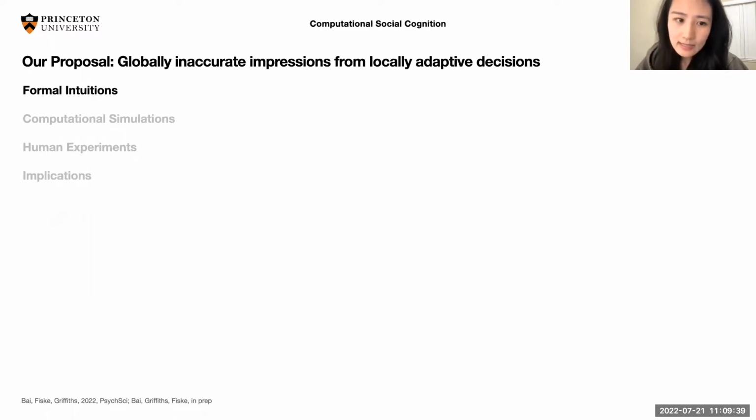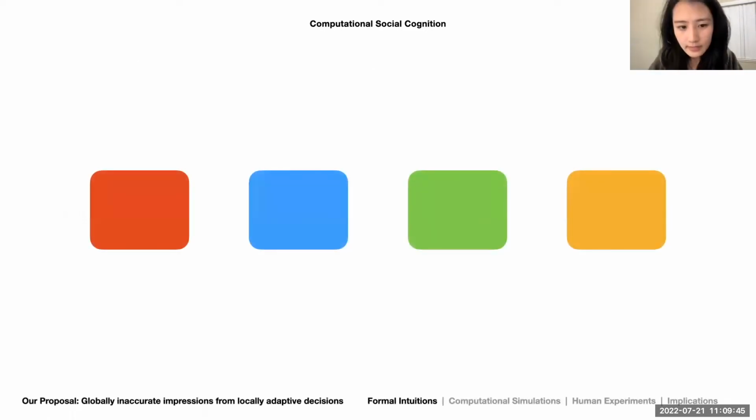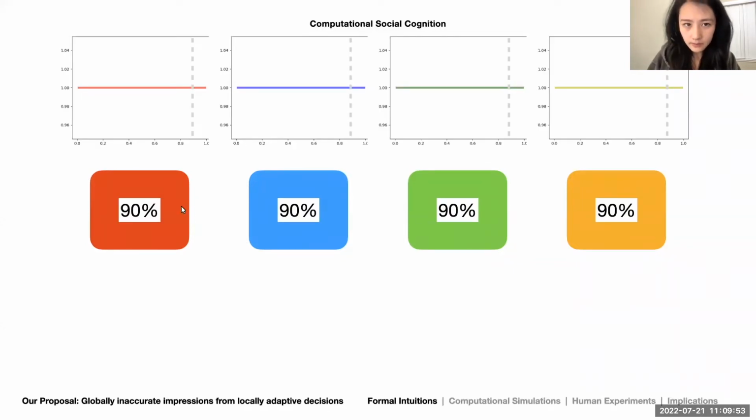All right, now let's look at this intuition game, this key psychological idea. Imagine this is an everyday interaction. There are 4 groups of people, indicated by different colors. The numbers here represent their average warmth, like friendliness. For example, if there are 100 people in each group, then 90 of them will be friendly and 10 will be unfriendly. So that means there are no group-level differences. Now, I'm going to assume that we give each group a distribution to represent their warmth, like the one on top. And this distribution will change as we collect more evidence.